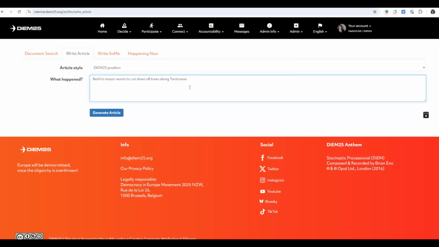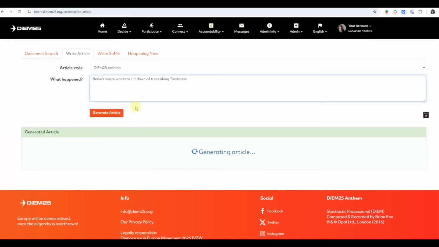So you just give it a prompt, just what happened, because the AI doesn't know what just happened. You can give it even a press release or something. And then you want the article style DiEM position, and you say generate article.